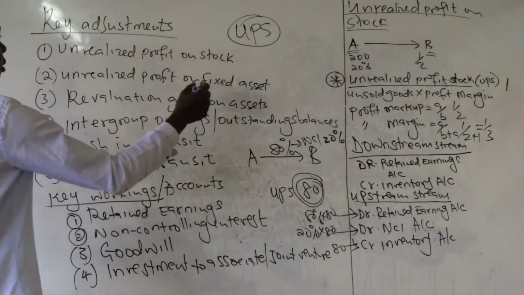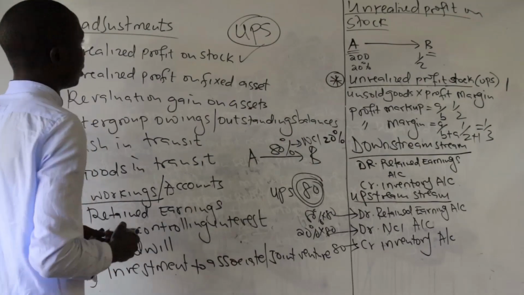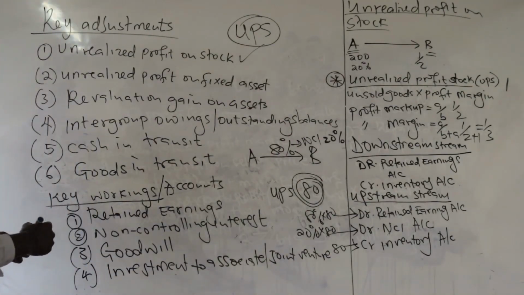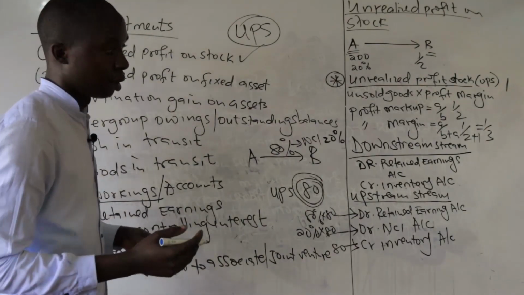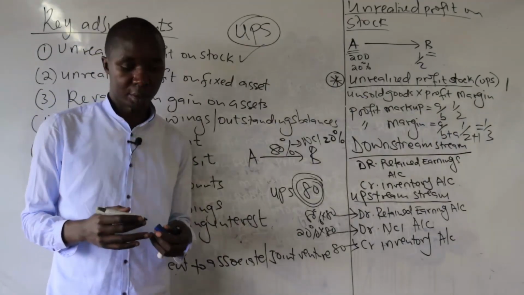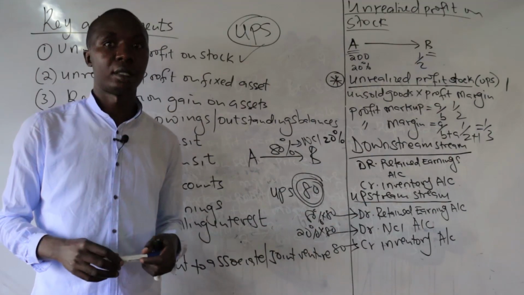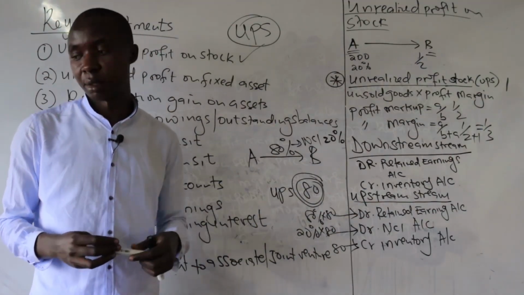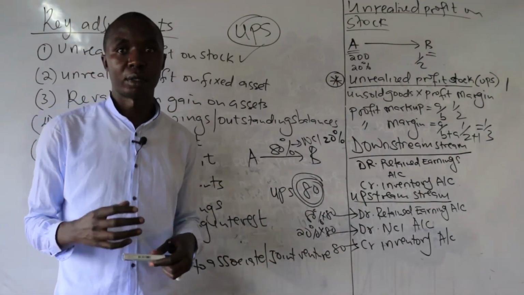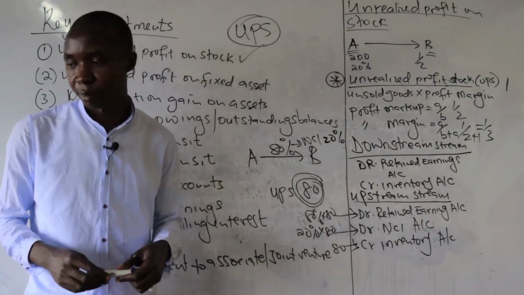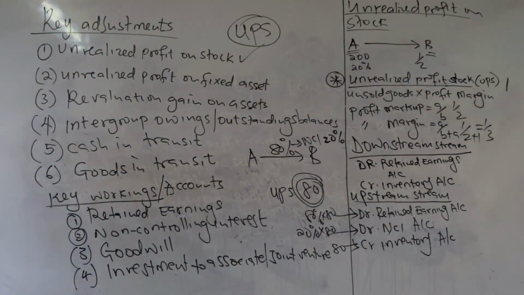So that is the first adjustment, which you need to know how you are supposed to deal with. So the second adjustment is concerning the unrealized profit on fixed asset. So for the unrealized profit on fixed asset,